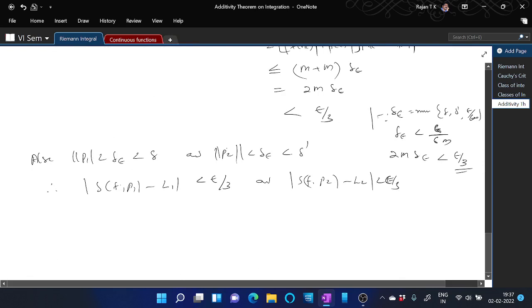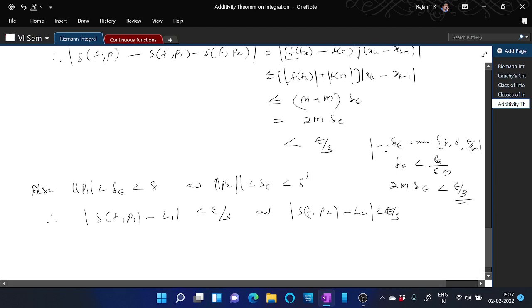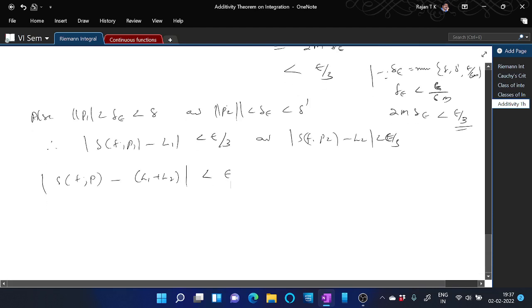So we have modulus of S of P minus S of P1 minus S of P2 is less than epsilon by 3, and modulus of S of P1 minus L1 is less than epsilon by 3, and modulus of S of P2 minus L2 is less than epsilon by 3. So combining all these things, we can see that modulus of S of P minus (L1 plus L2) is clearly less than epsilon. This you can verify,